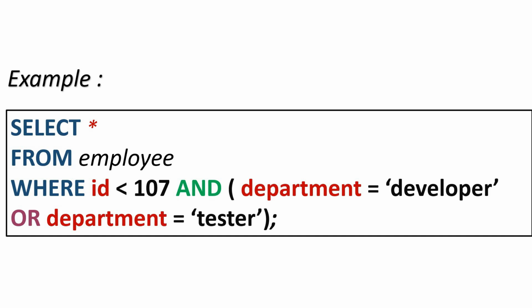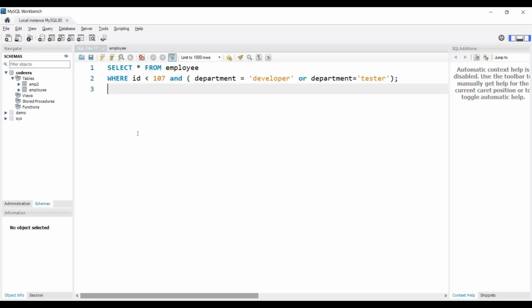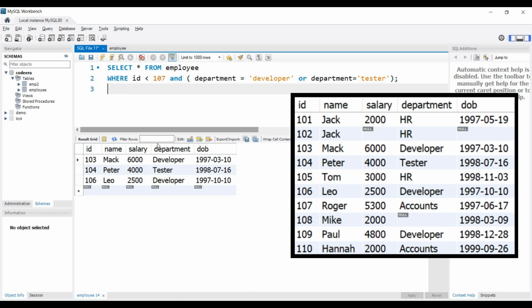So the use of parentheses is very important because they decide the order of operation. Now let's execute this query and see what our result will be. You can see in the results, the department is either developer or tester and all the IDs are less than 107. So in this way you can use a combination of these operators to solve complex queries.